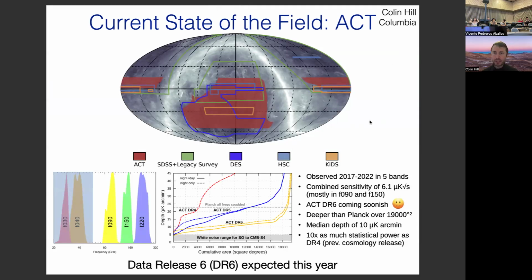about that today. I'll give you a little more detail about the sensitivity of ACT in just a second, but I'll just highlight we've observed at 5 different frequencies. The main workhorse frequency channels are these ones at 90, 150, and 220 gigahertz. And I'll highlight that we've reached sensitivities now, so noise levels, that are significantly better than those of Planck on roughly half of the sky. So we're in the process of analyzing these data in what's called data release 6. It's much, much more powerful than our previous cosmology data release, DR4, and it should be out pretty soon, 2025